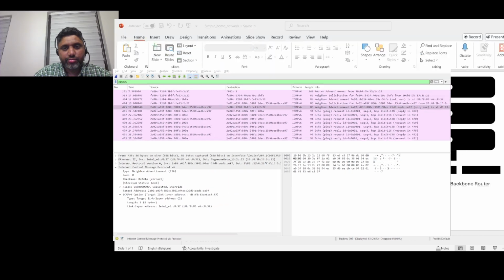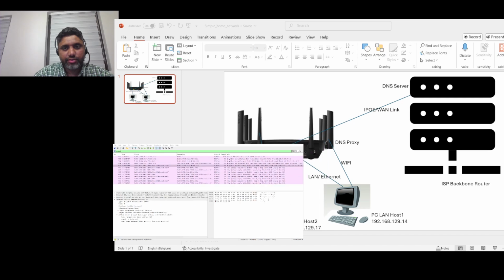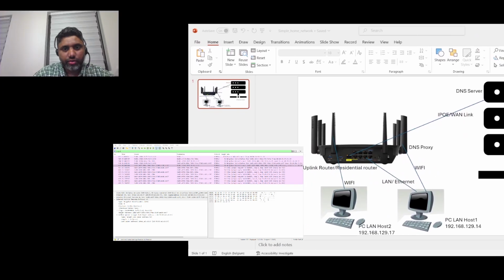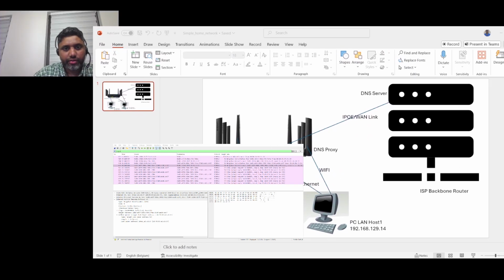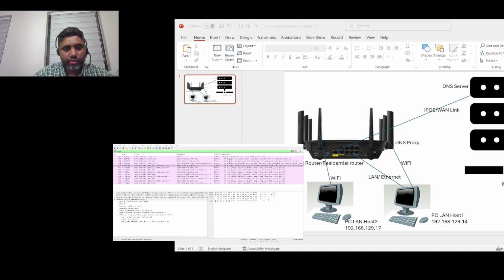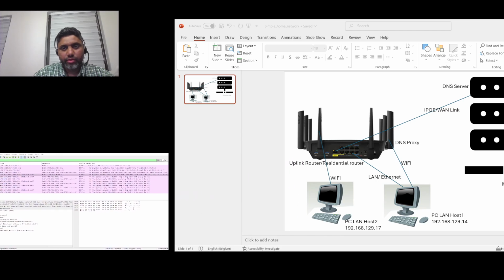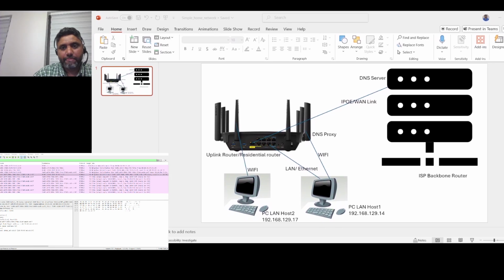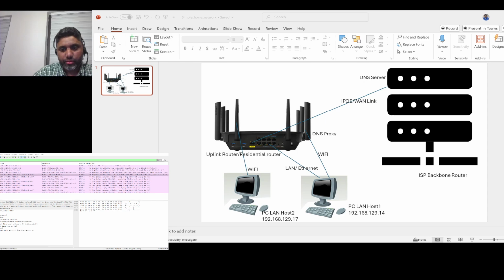I will just minimize this and move it to the right side. Yeah, so as you see here,